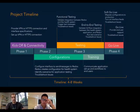So when we actually enter into that testing phase, we'll complete both functional and end-to-end testing, and include end-user testing if necessary. It's going to be important that we have enough testing scripts and enough testing scenarios that we can ensure that, in any potential scenario, information is flowing appropriately and filing to the right locations within the destination system. So once we've completed testing and ensured everything's flowing correctly, then we'll begin the go live